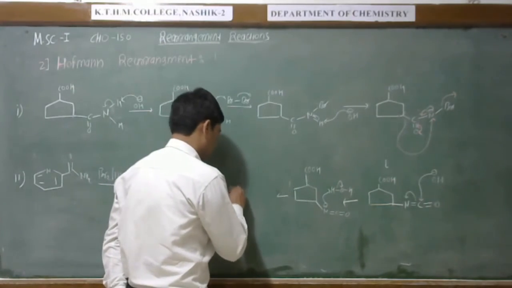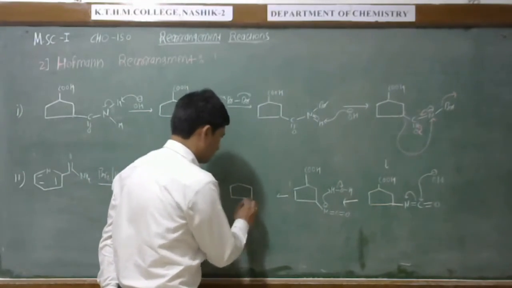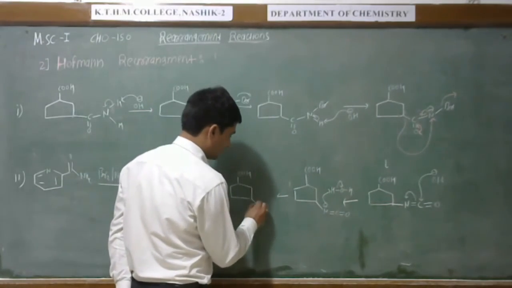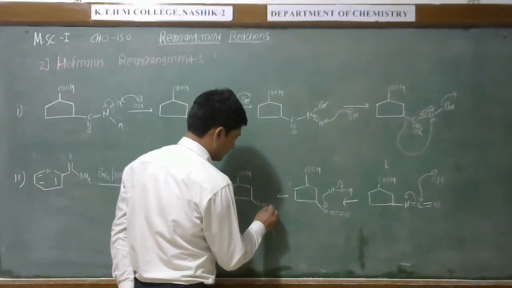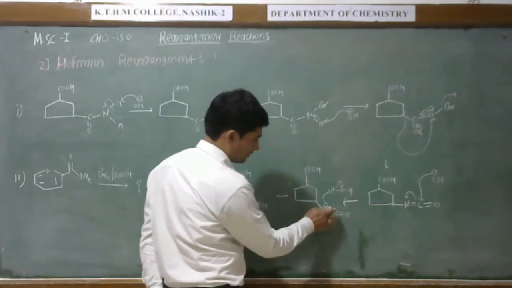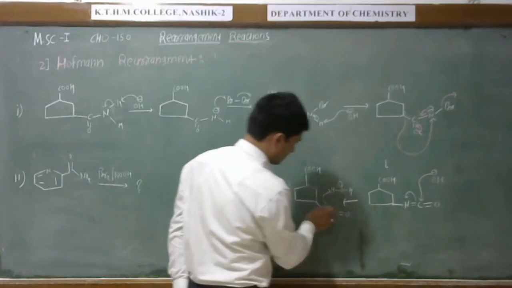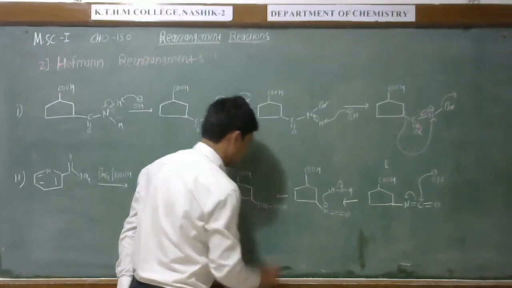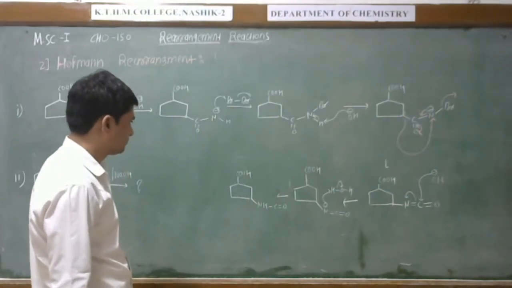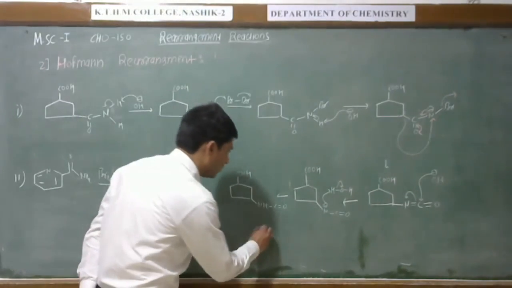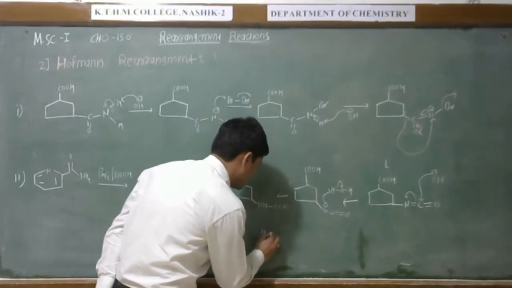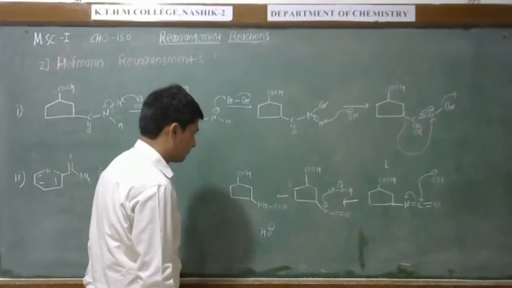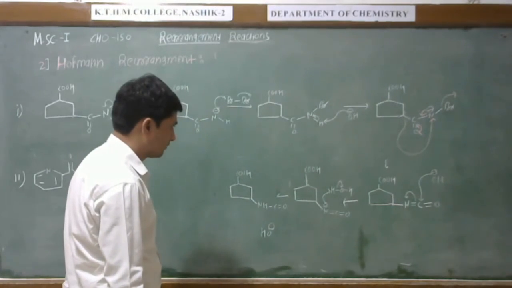So we got here, see, this is the 5-membered ring. This is the COOH. This is the NH here. See, this double bond is broken here, so here will be the single bond. This NH has C double bond O and C double bond O. Now another hydroxyl group will attach